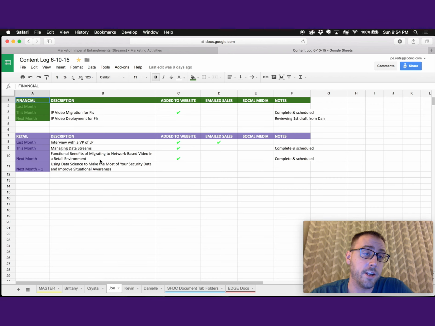Last thing I want to touch on here is from a management perspective, something that I like to do is every team member on our team has their own kind of hit list here, where we talk about what did they do last month, what are they doing this month, and what are they going to do next month for their streams. And what this helps you do as a manager is foresee any gaps in content development,